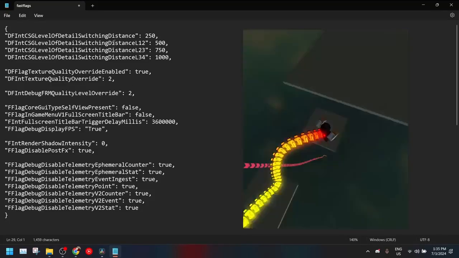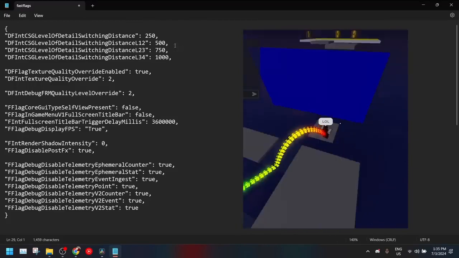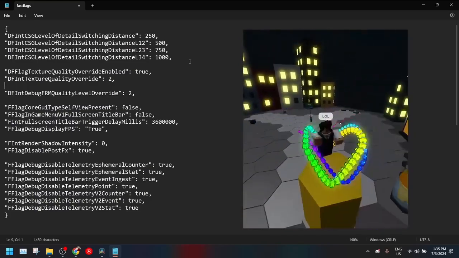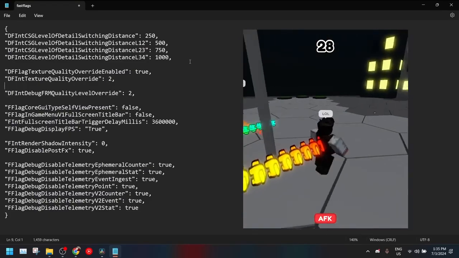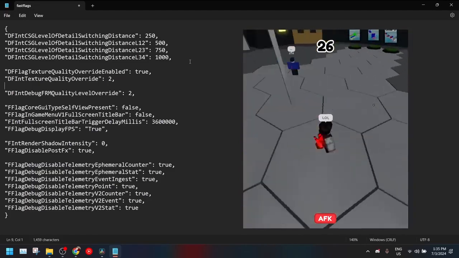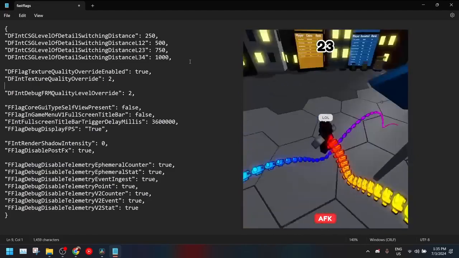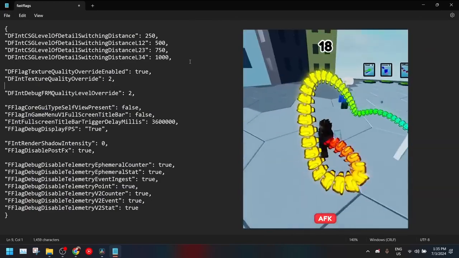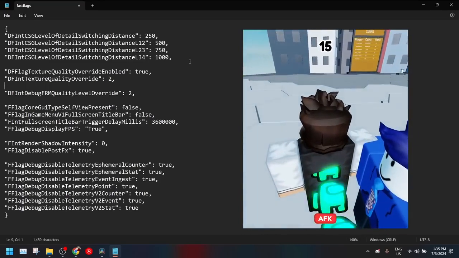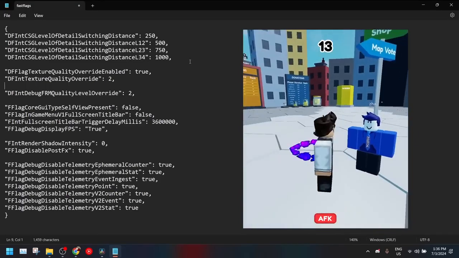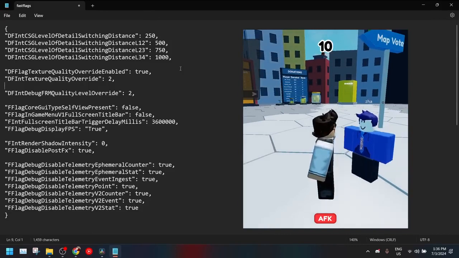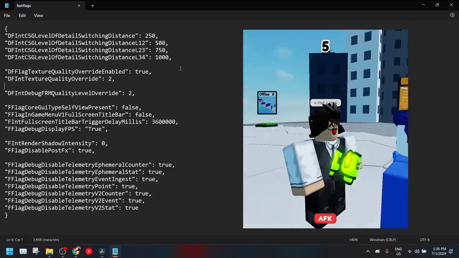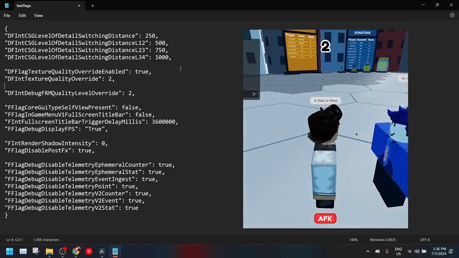So the first 4 flags here, I have them all categorized. These are LODs. What is LOD? LOD is level of detail, and what it does is basically the quality of a mesh or a model changes depending on the distance of it. Roblox has them set to a really high number, which basically makes it not even work properly, which is really weird. But what this does is it makes that really, really close. So you still won't notice it, but it'll give you a huge performance boost